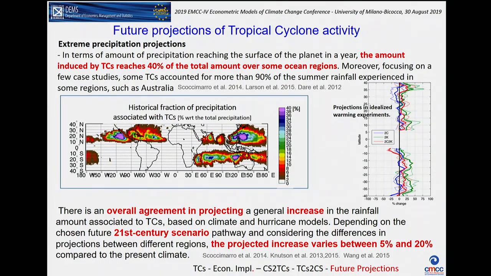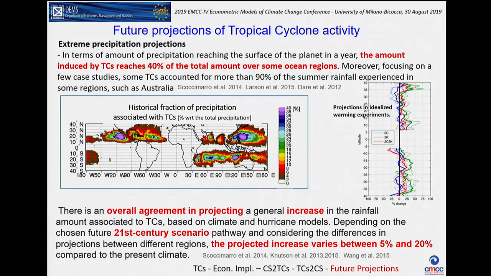This is true over some regions, and what we do expect for the future is that also in idealized experiments where we try to disentangle the role of the carbon dioxide, so the change in the atmospheric composition, with respect to the changes in the warming of the surface, we found that the increase that we expect for the future, which is of the order of 20-25% on average, is mainly due to the increased evaporation associated to the warmer water of the ocean over certain